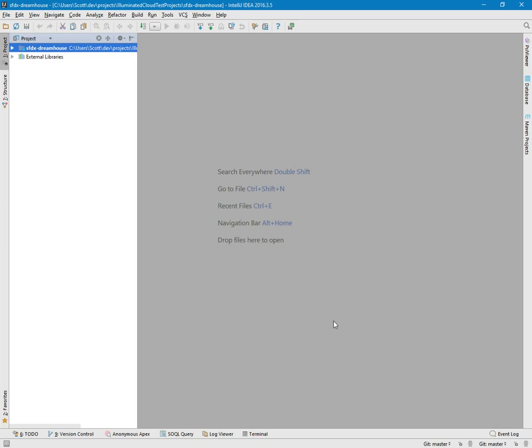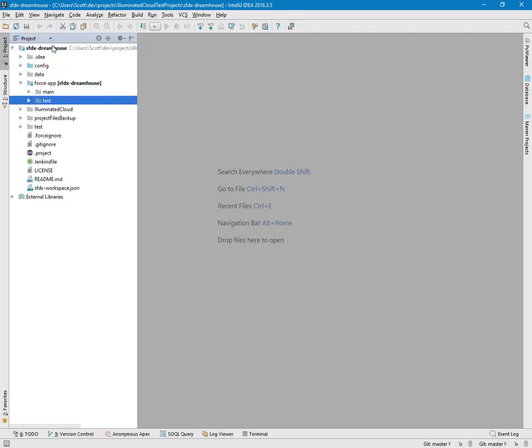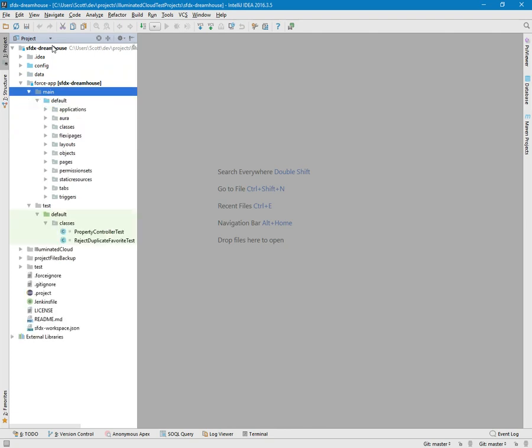In order to accelerate this particular demo, I've gone ahead and checked out and created a new project based on the Salesforce DX Dreamhouse project from GitHub. It's pretty much the same process I showed in the last video, so if you want to take a look at that process, feel free to go back to that video and review it. I haven't made any changes whatsoever, other than I've associated this with a scratch org that I created against my hub org. And so the same thing holds, that you can see here that test sources are organized separately from